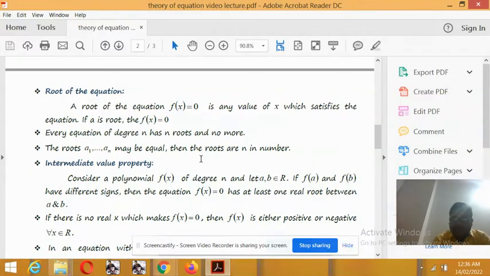If the equation is quadratic, then it has two roots. If the equation is cubic, then it has three roots. If the equation is of degree 4, then it has four roots. And the roots might be similar. It says that the roots a1 and a2 may be equal, but the roots remain n in number. If the degree of the equation is n, then it has n roots and no more. So this is